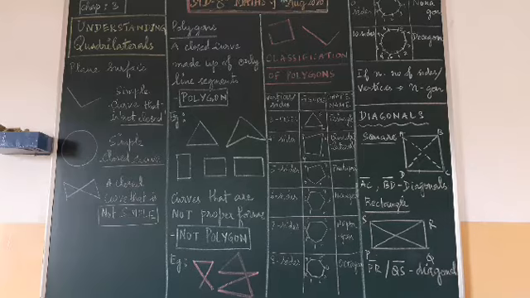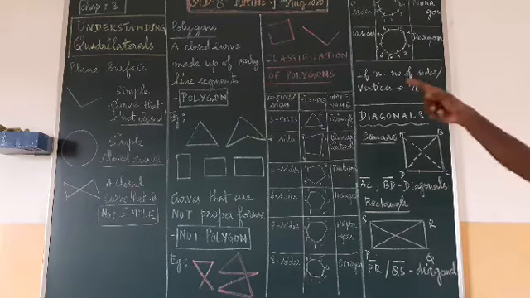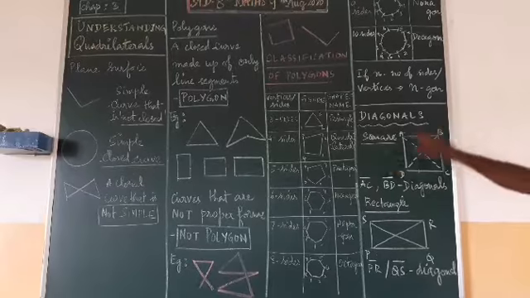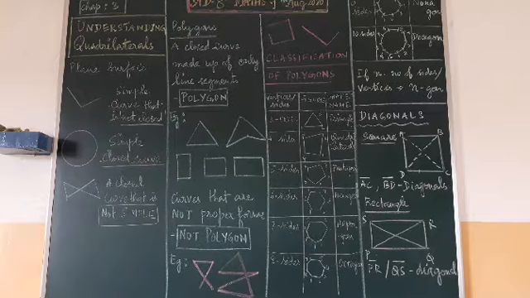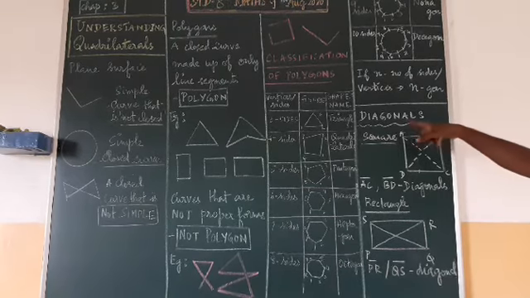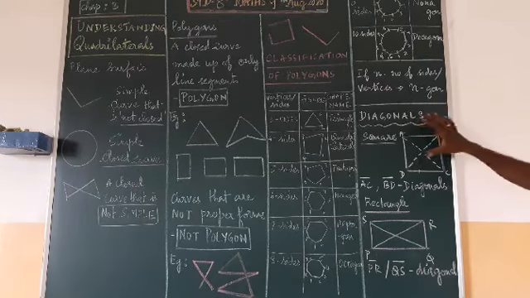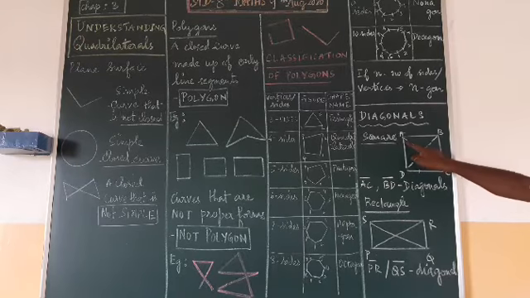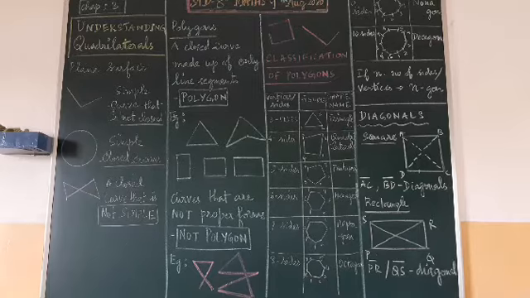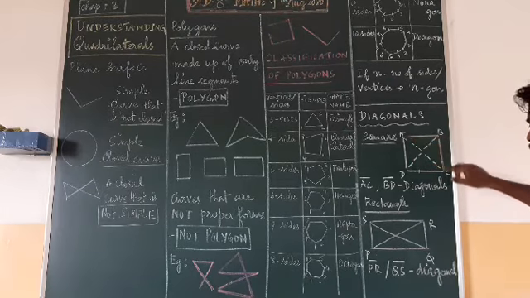Then the next part is the quadrilateral. Understanding the quadrilateral: what are diagonals? Suppose I am making a square. Square means A, B, C, D. Four equal sides will be there. Then what is the next part? That is called a diagonal. From A to C, if you are joining a line, and from B to D, you are joining a line. The opposite vertices, that means A to C, B to D.